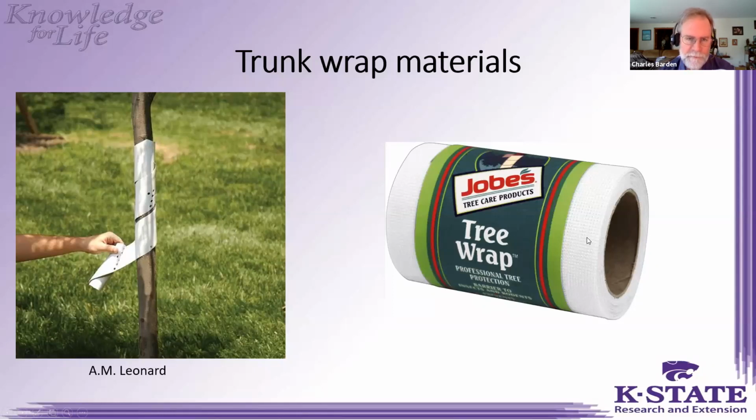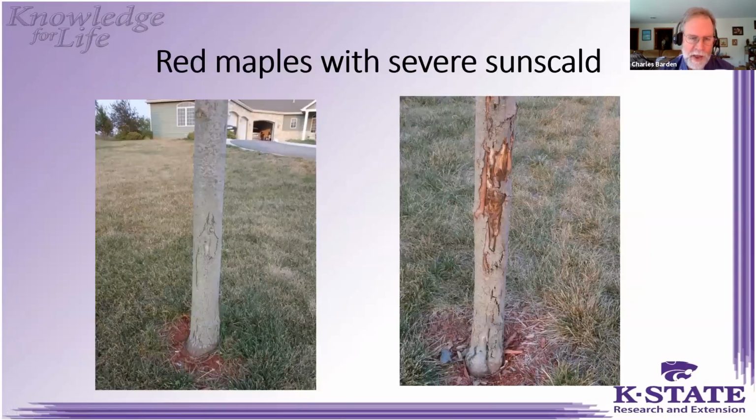Okay, this is what happens when you don't wrap trees that need to be wrapped. Red maples, this is about the number one damage we see on young red maples planted in Kansas. As I said, I grew up seeing red maples growing in the natural environment, which is along the edge of a pond or stream or swamp. They would call them swamp maples back there. They like lots of water. They don't mind shade. And then we take a red maple that, the seed source was from New Hampshire or northern Michigan, and then we grow it in the nursery and then plant it out on a south-facing lawn here in Kansas with no shade around it.